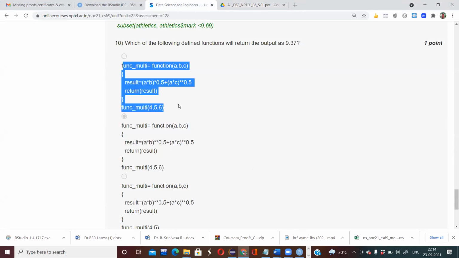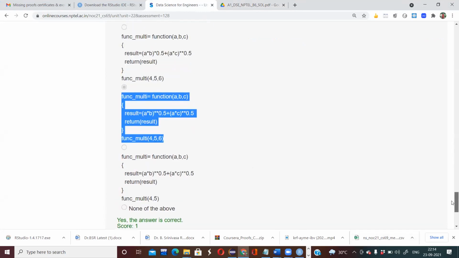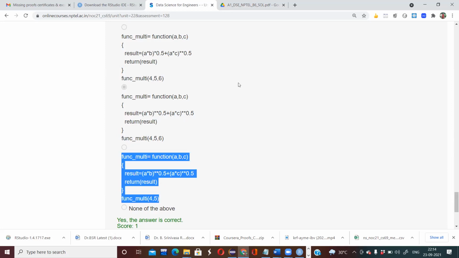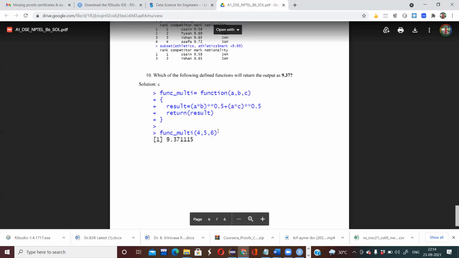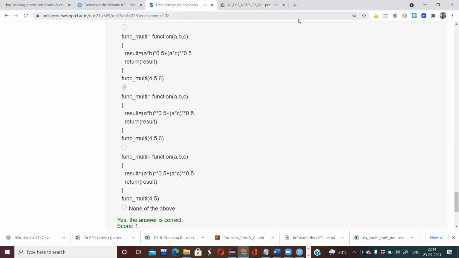This is A. It should not be C actually. Here it should be B. B is the correct option. Just solve that normally, or else I'll show you why we are getting this one.